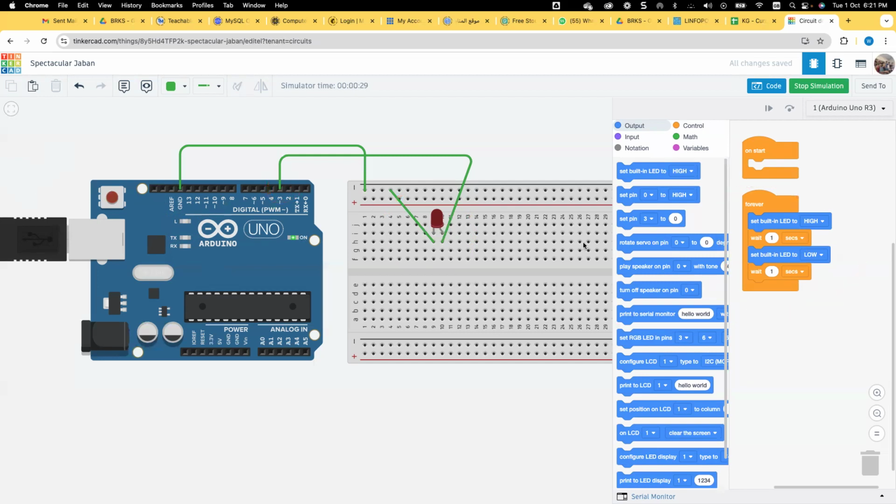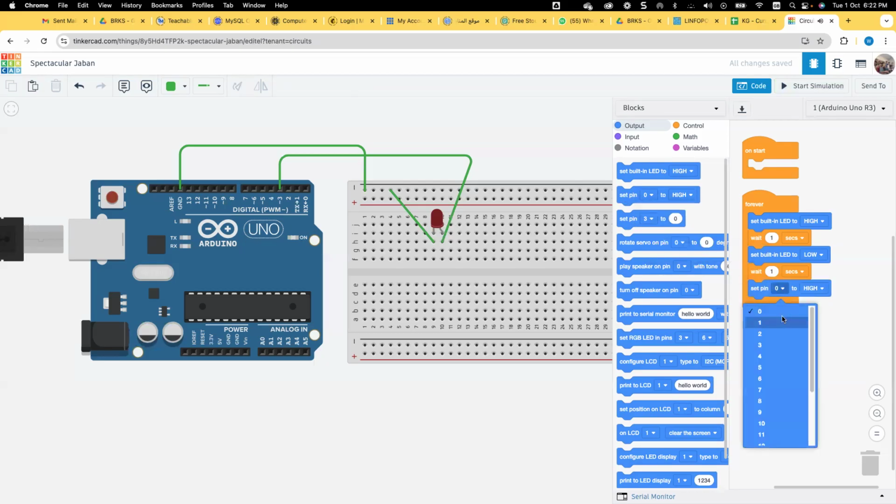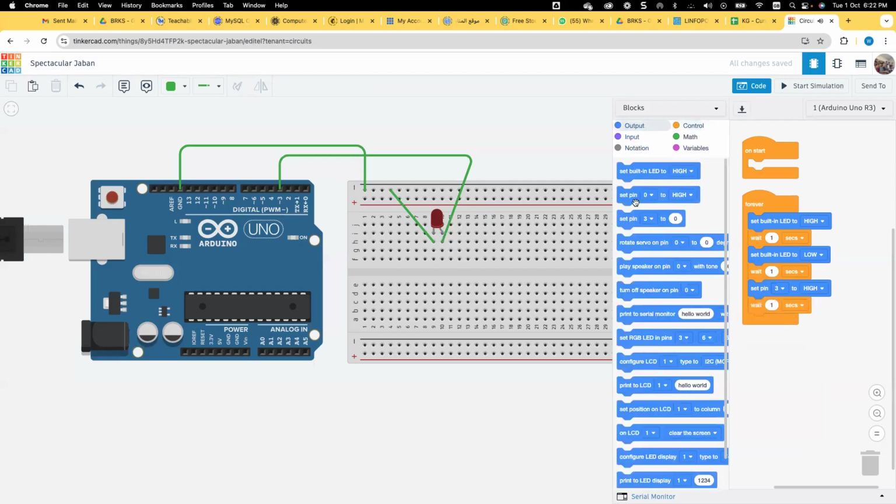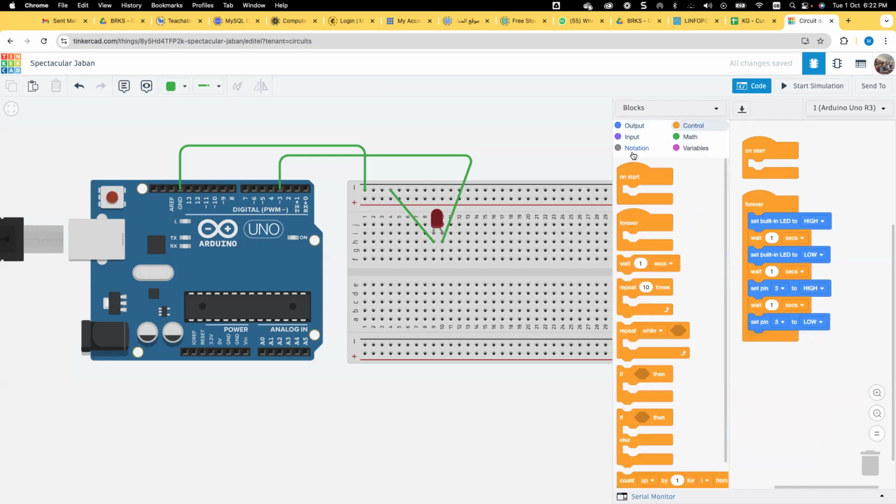So what I'm going to do here is add the set pin block: set pin 3 to high, wait 1 second, and then set pin 3 to low, and then wait 1 second.